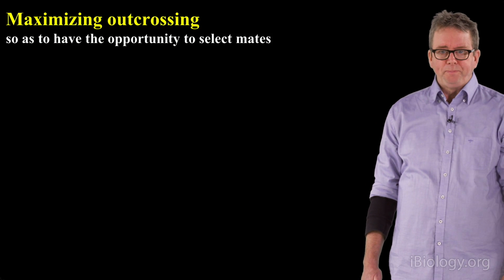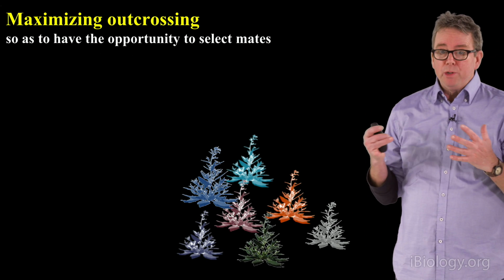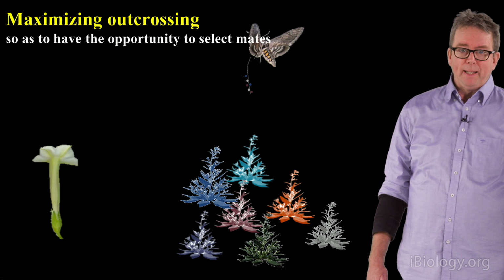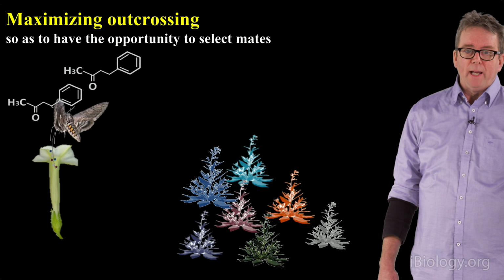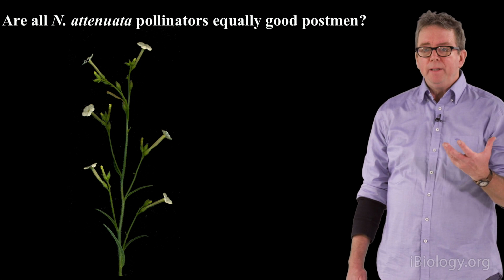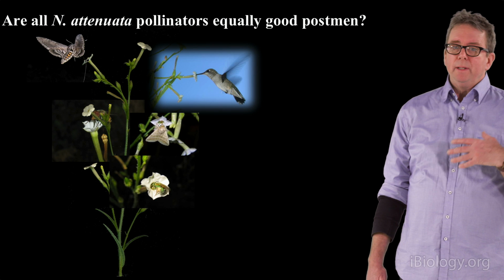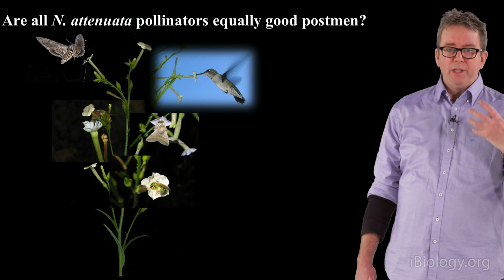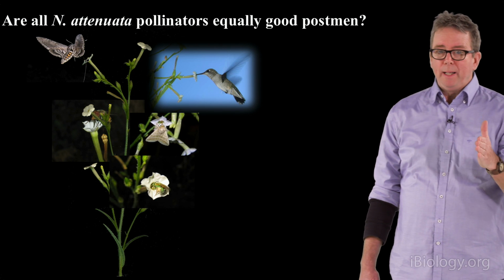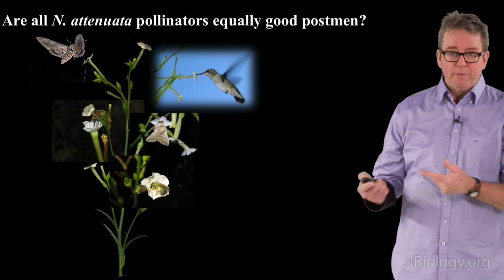Okay, so in order to maximize outcrossing so that you have some opportunity to select mates, you've got to get pollinators who have visited a number of different plants of different genotypes to be attracted to a flower and deposit those pollen grains onto the stigma. Now, we've been looking at many of the different pollinators that visit attenuata flowers, and we're trying to find out whether or not some of them deliver different qualities of genetic material to the flower. And what I want to do is talk a little bit about how particular pollinators are manipulated by floral traits so that they can be enhanced and selected for by the plant.